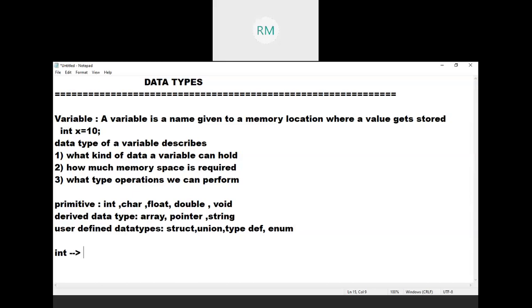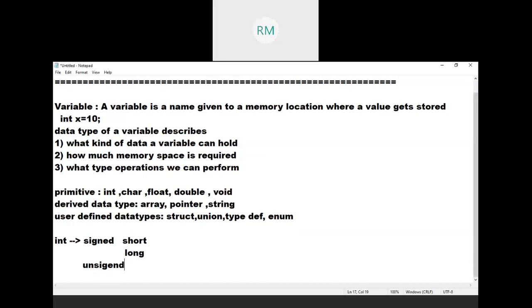These are called modifiers. In integer we have signed and unsigned. In signed we have again short and long. Short and long are called size qualifiers. Signed and unsigned are sign qualifiers.